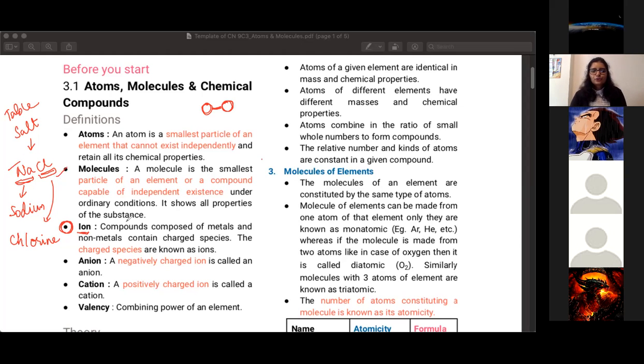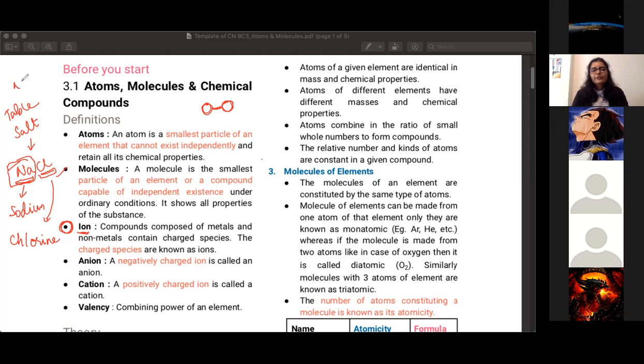Okay. So compounds that are usually composed of a metal and a non-metal, if a particular compound is made of a metal and a non-metal, then they don't exist as regular atoms. They turn into ions and then they are able to combine with each other. Okay. So turning into ions means they get charges, like this particular sodium chloride,